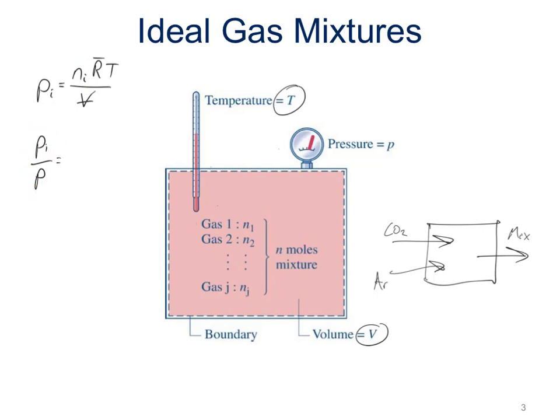And so finishing out our calculation, if we had our number of moles times the universal gas constant times the temperature divided by the volume, and we divide that by the total number of moles times the universal gas constant times the temperature divided by the volume, right? Everything's canceling out except for the number of moles, so we have the number of moles of a component divided by the total number of moles. What's this equal to? We just saw in the previous slide, that is equal to